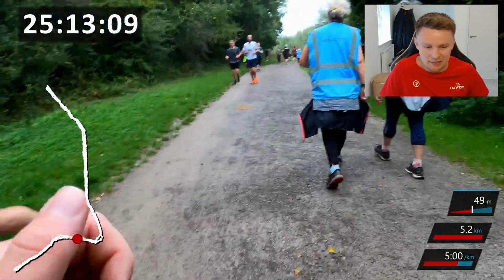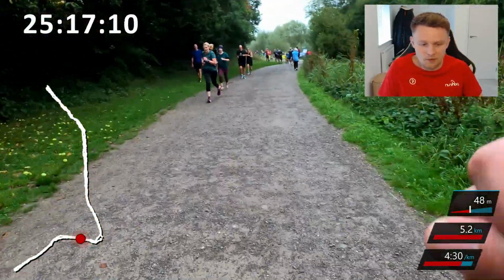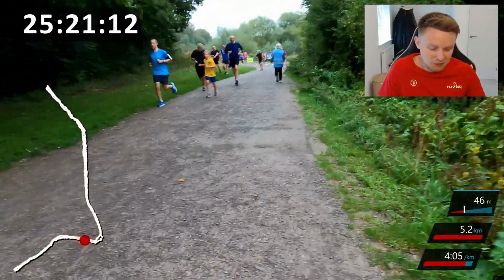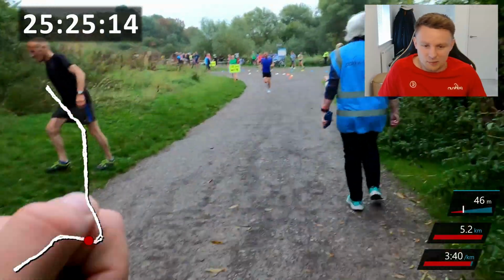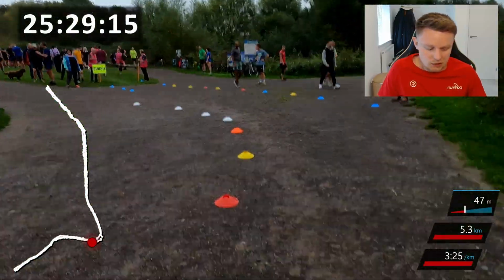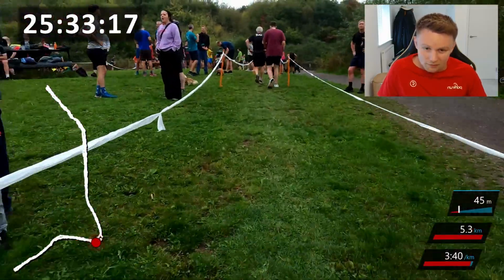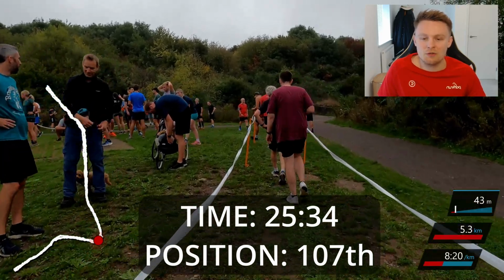As you can see, the sprint has built up now as we head our way towards that finish line. We're currently running at a 3 minute 30 pace, so the speed has increased dramatically as we get towards that finish line. And here we go, the doggo crossing there, the final corner to the finish. What time can we get? And we're going to end up with a time of 25 minutes and 34 seconds with a finish position of